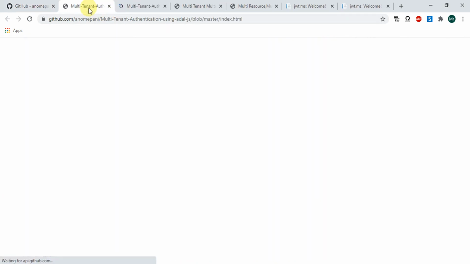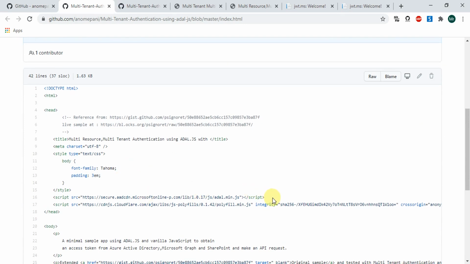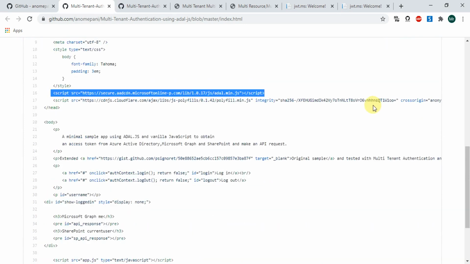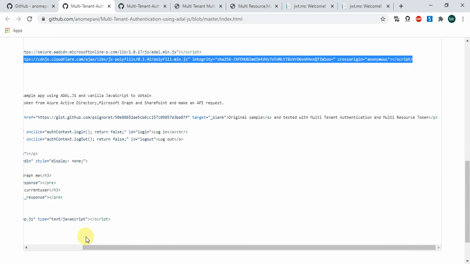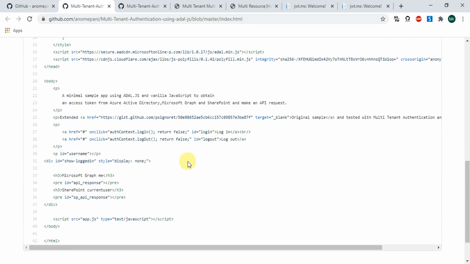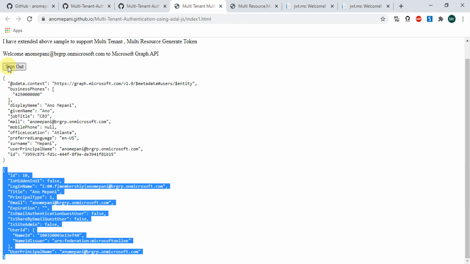This is for ADAL.js. We have a reference to ADAL.js, and a polyfill if required. There is an app.js and two buttons, login and logout. If the user is already logged in, then logout will be displayed.